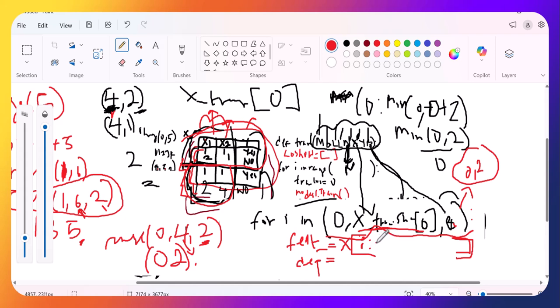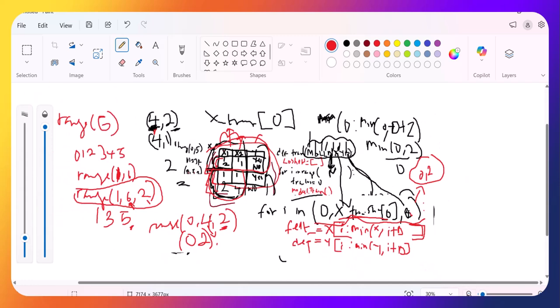And the minimum of x shape and I plus the batch size, which is b. And what is y? Y is I and the minimum of y shape and I plus b. So let's pick each of them one after the other. The first one, when I is 0. So let's start from when I is 0. So what do we have? We have x of 0, the minimum of